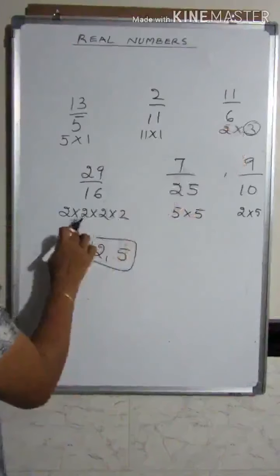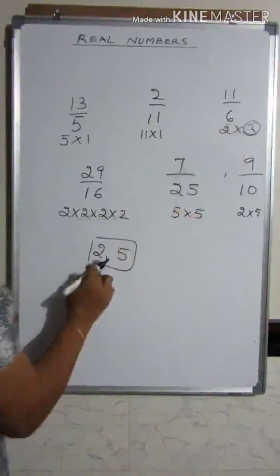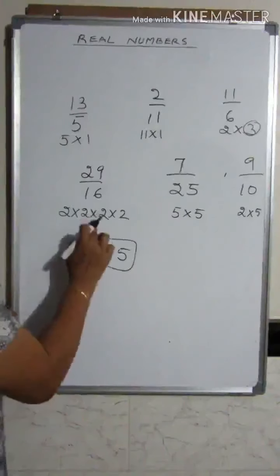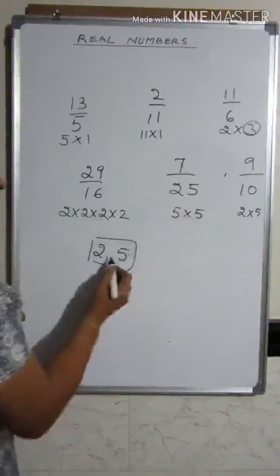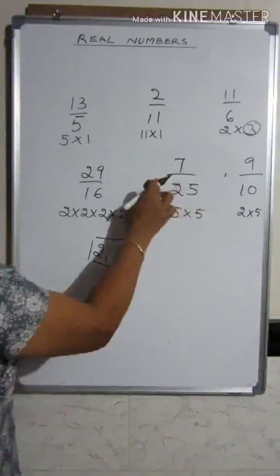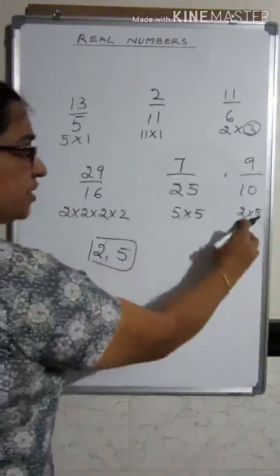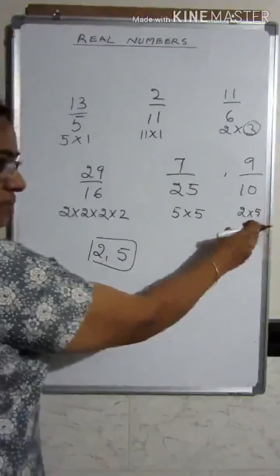decimal. Now coming to this, all these prime factors are 2, so it comes under this group, so this is a terminating decimal. So again coming to this one, 5 into 5, so 5 into 5 comes under this group of numbers, so again this is a terminating decimal. Again you have got 2 and 5 both present here, again this is a terminating decimal.